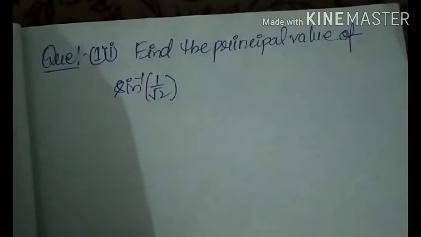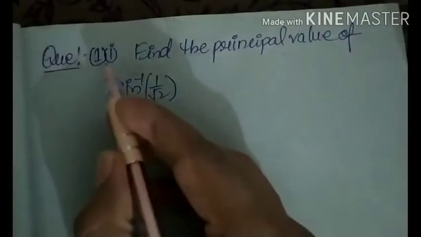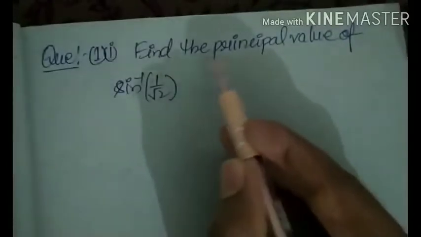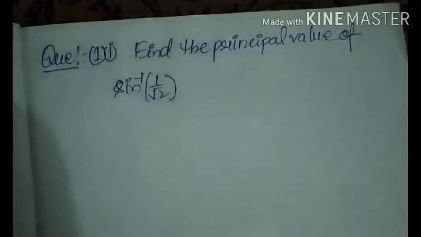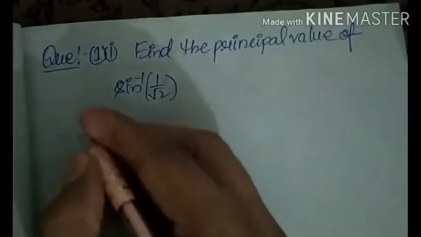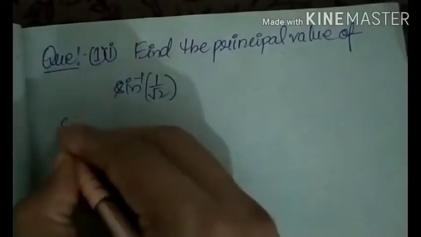Class 12th Mathematics Exercise 2.1 Inverse Trigonometric Functions. Question number 1: Find the principal value of sin inverse 1 upon root 2. Now, the solution is,